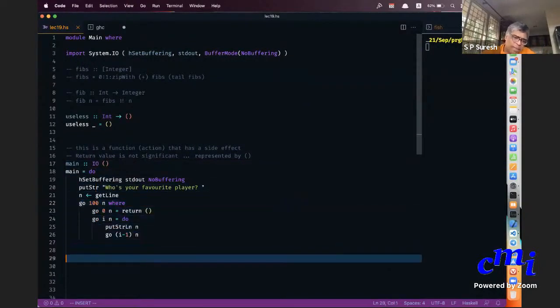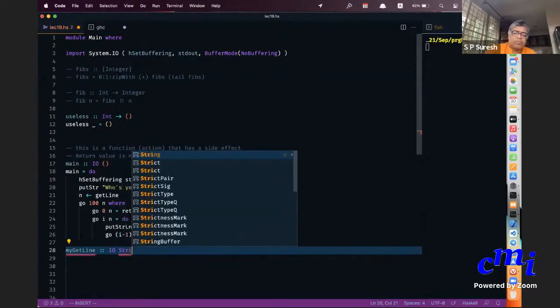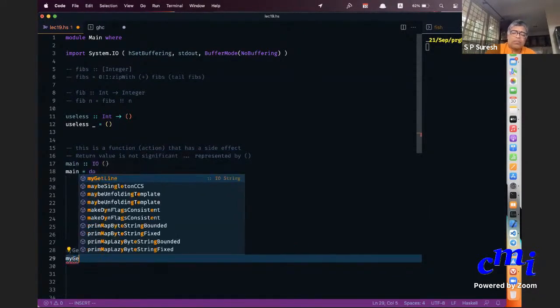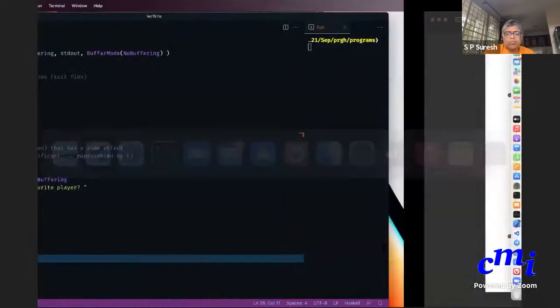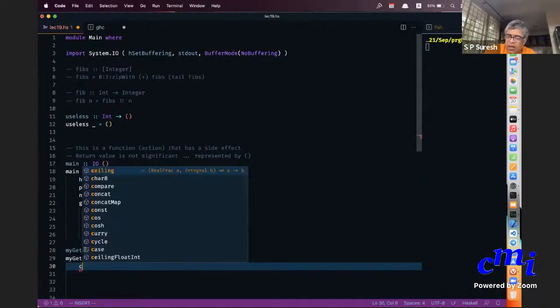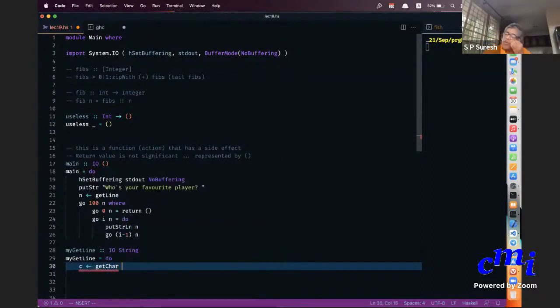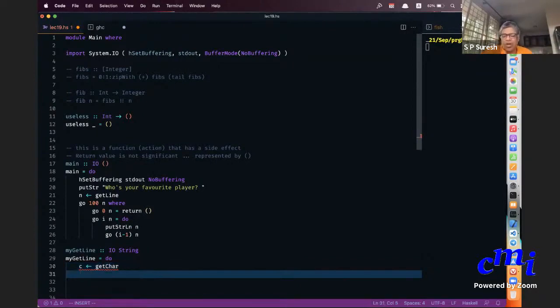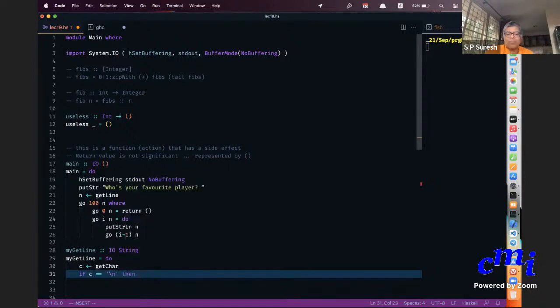My getLine, I can say, I'll first get a character. getChar will consume a character from the screen, from the user input, and you are binding it to the name C. If C is the newline character, then you have to stop.